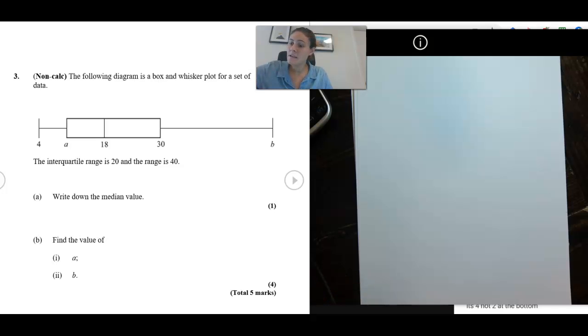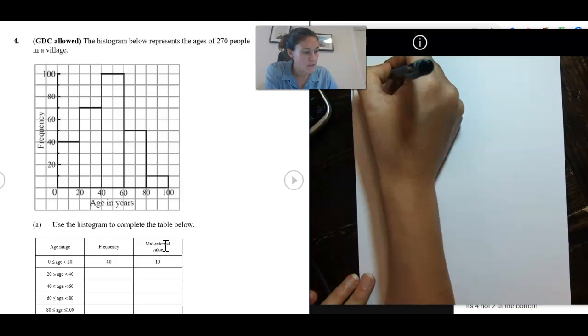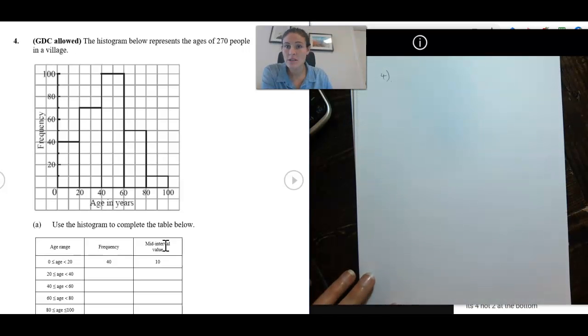Okay, let's take a look at question 4. So here we go, and this is another calculator allowed question. A histogram represents the ages of 270 people in a village. So we can see just at first glance we've got people between 0 and 100 years old, and we don't